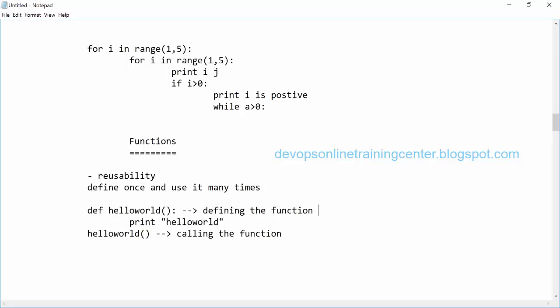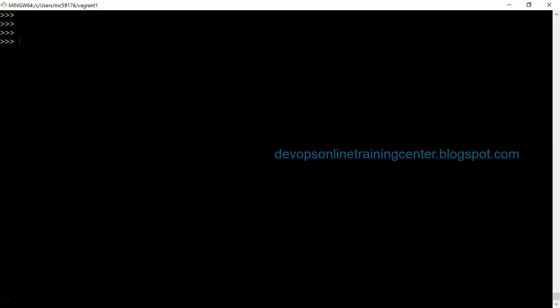Right, we can pass variables from the calling side, and they can be processed in the function when it is defined. So let us say def function, print hello world. So this function is defined.